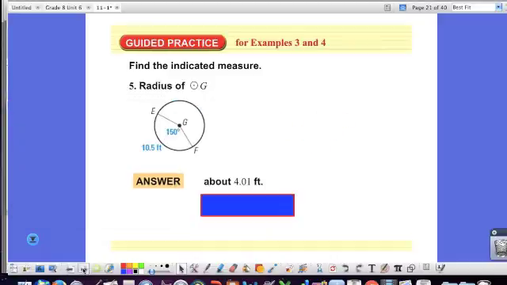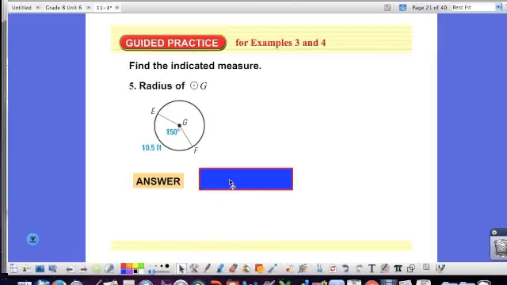So now we're actually going to find the radius. Well, we've accidentally left the answer uncovered, but we still can go through the problem if you need help here. Some troubles here with the slate. There we go. 10.5